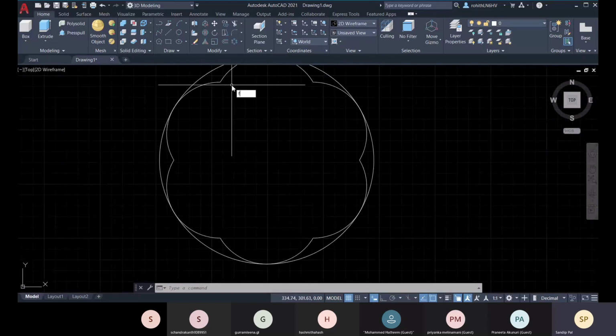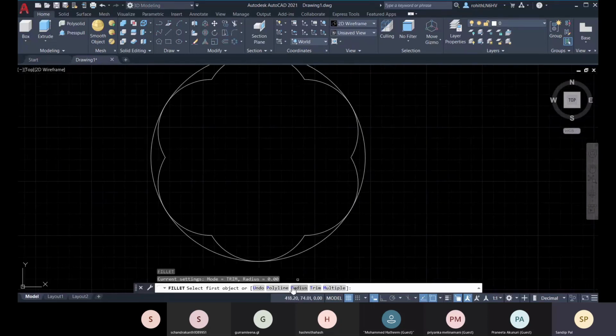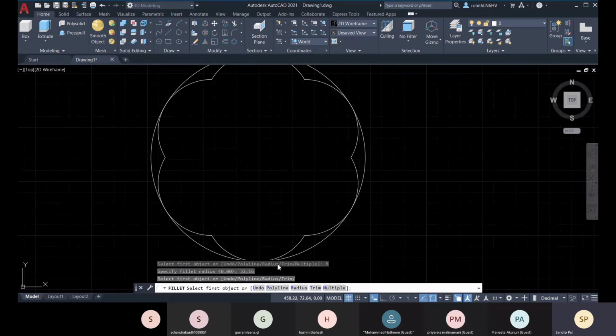Okay, so let's go for fillet again, and about the radius, that is 32.16. Go for multiple.